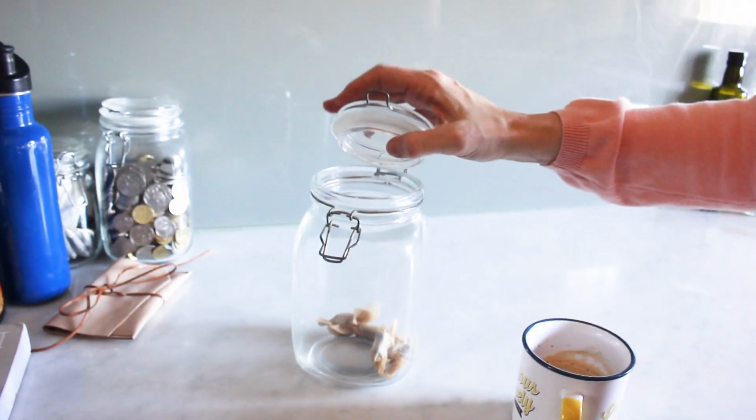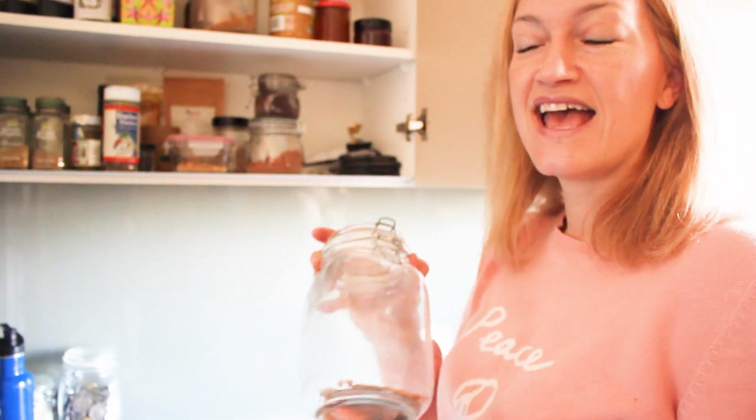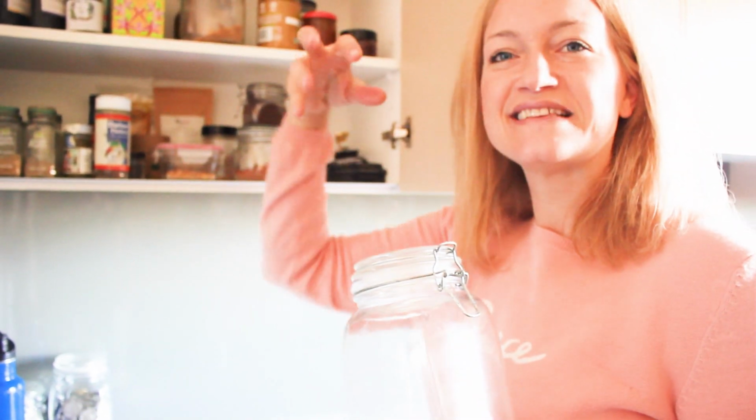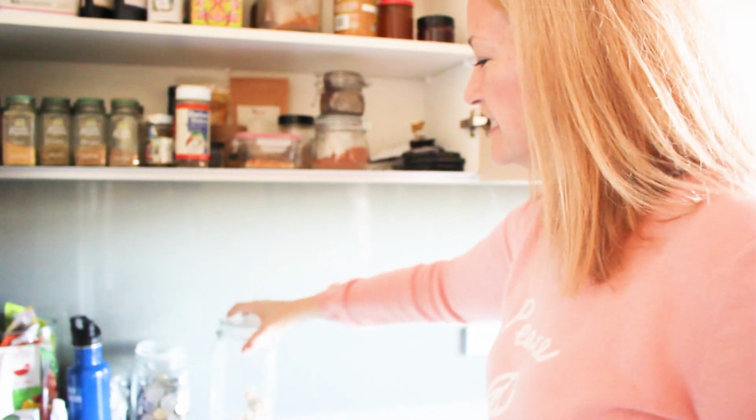I served a huge jar of these. I actually did an Instagram post on it if anyone wants to read it, at Lox Tox Life, at my son's birthday instead of goodie bags. And there was something really gorgeous about all these little hands reaching into an old school lolly jar and taking a couple of lollies instead of just getting some plastic